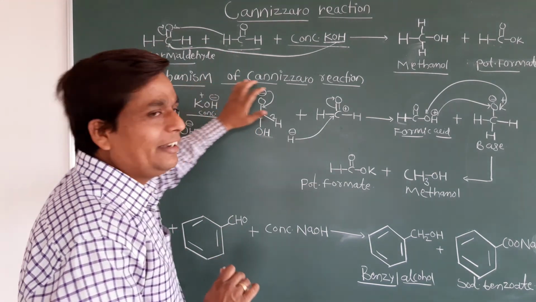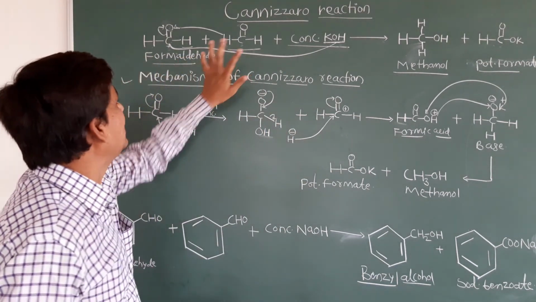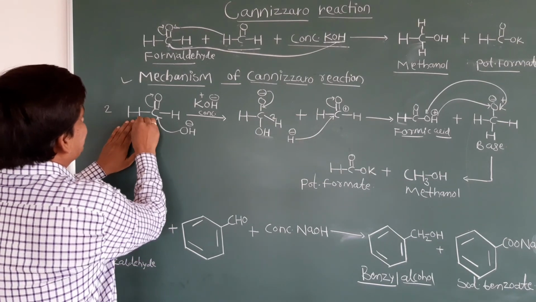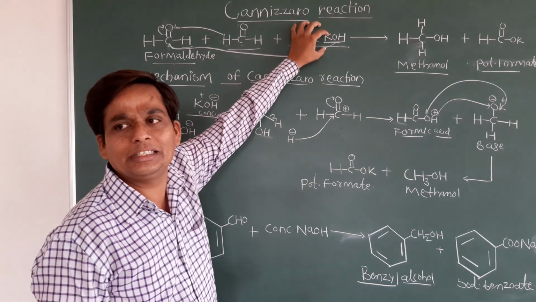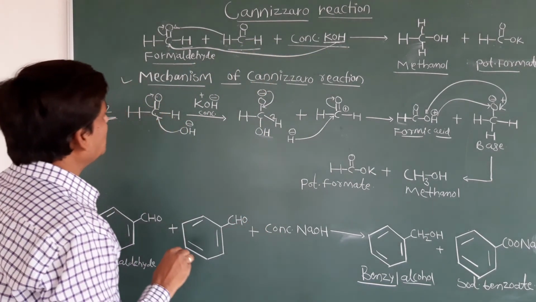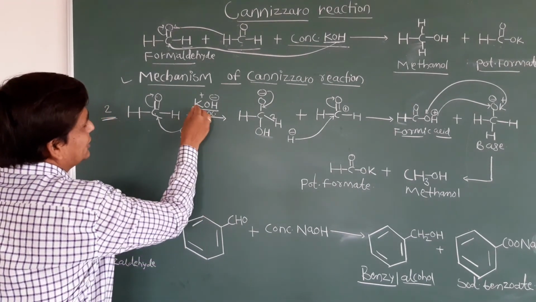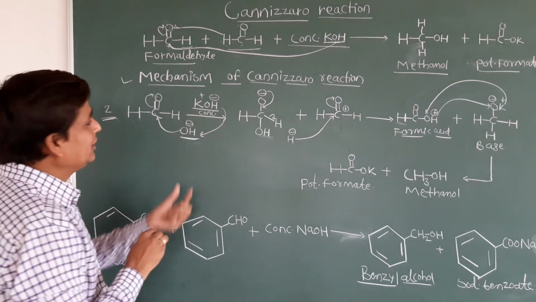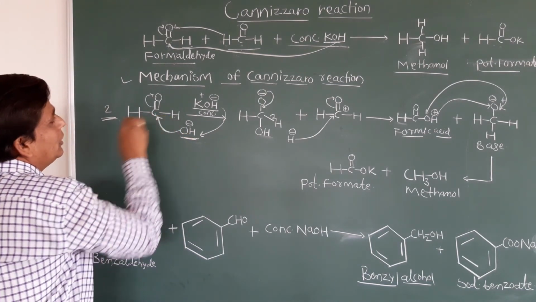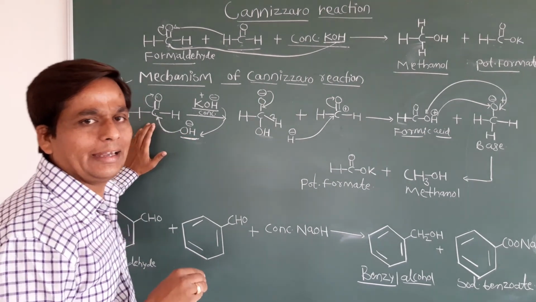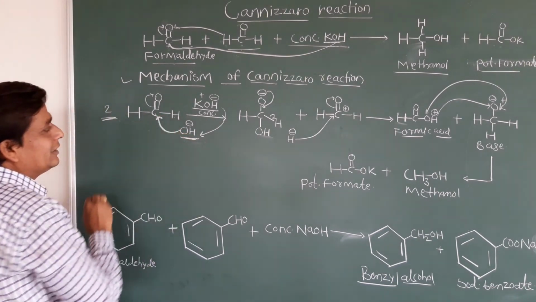So the mechanism of the Cannizzaro reaction. In the Cannizzaro reaction we are using two formaldehyde units. Just check it, HC double bond OH. I am using two molecules, and in this reaction I am using concentrated KOH. So what happens now in this case? This is a base, and it can give the OH minus ion. This OH minus ion acts as a nucleophile which attacks the carbonyl carbon of the first molecule of formaldehyde. Just check, this is formaldehyde and this base, OH minus, will attack here.